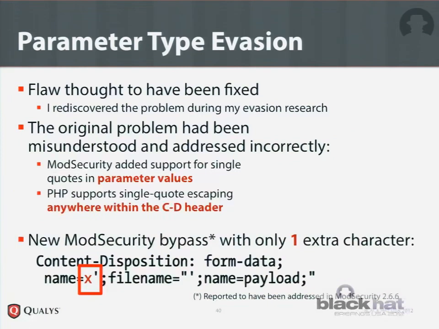So as I was reading the source code of PHP, I realized that the flaw had been misunderstood. The problem is not actually that PHP allowed single quotes for quoting. It's actually that it also decoupled the parsing of key-value pairs from the actual quoting mechanism, so the quote can appear anywhere, not just as the first character in a key-value pair. So I was actually able to add a single character to the original payload. And again, this would completely bypass ModSecurity, because ModSecurity would treat this particular part as a file and not inspect it.